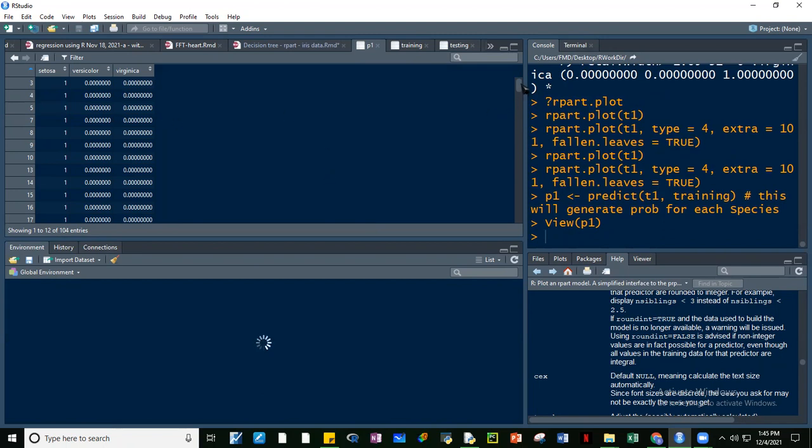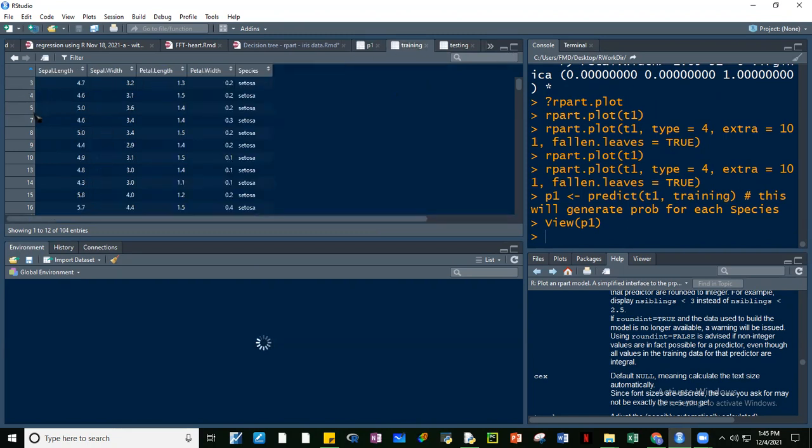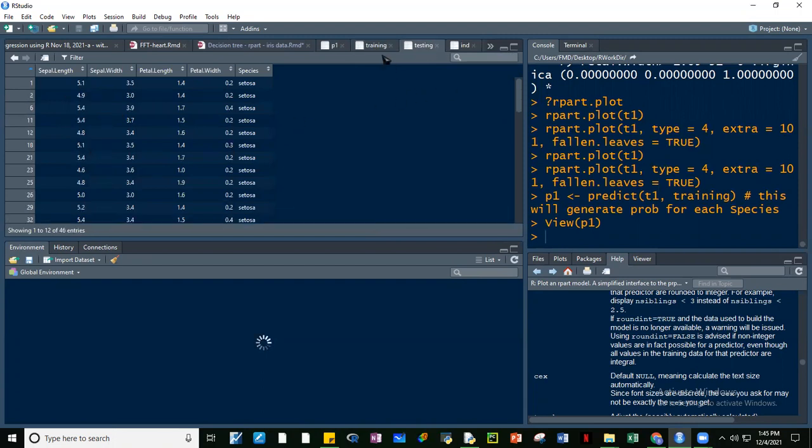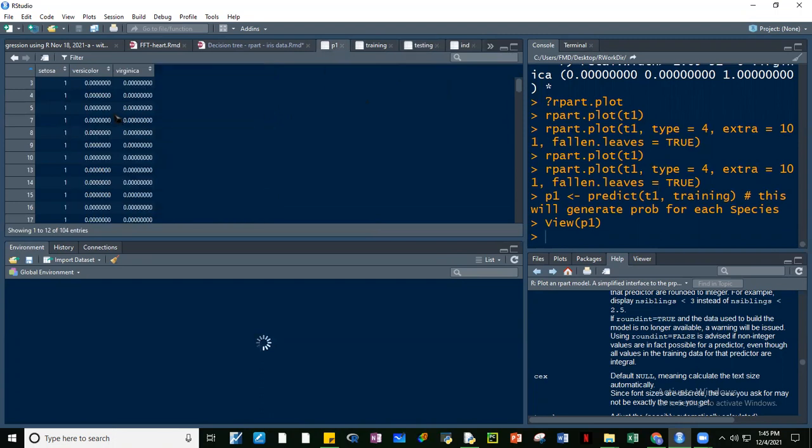So ito, guys, this is observation number 3, no? From the iris data set. Kasi remember, guys, yung training natin, ito siya, 3, 4, 5, 7, 8, 9. Ibig sabihin, si observation 1, observation 2, andun siya kay testing data set. Tingnan natin si testing. Yan, no? Number 1, number 2, 6, 11. So those that are not part of our training data set are with testing. No? Okay? So we predicted